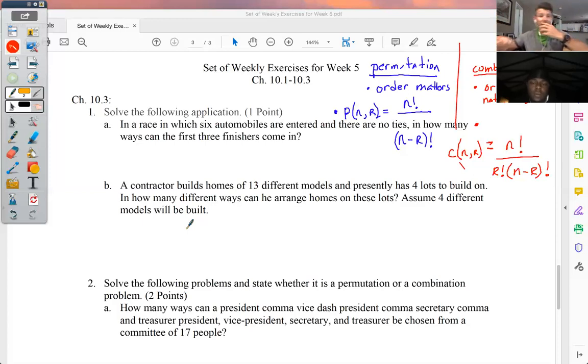So in this case, order does not matter. It doesn't matter what order we build them in. They can be the same. So let's go back and talk about that. That means that letter A is, because the order matters,